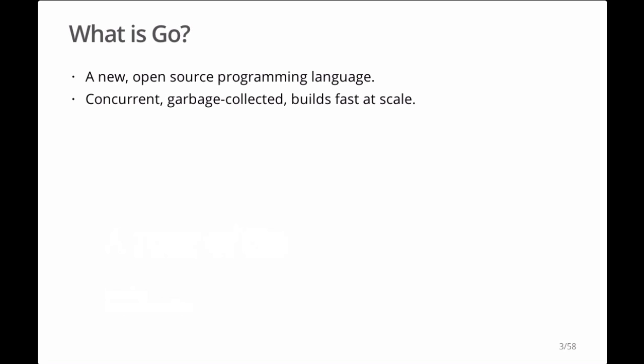So what is Go? Go is a new open-source programming language that we've developed at Google over the past 4 years. It's a concurrent, garbage-collected language. And the primary motivation for doing a new language was to create something that can handle the scale of programming that we have at Google, both in number of lines of code and number of engineers working on the code. Another important kind of scale is the scale of the interconnection between programs. We build large, distributed systems that connect thousands or more machines, and it's important to have a language that supports the kinds of problems you encounter writing those kinds of programs.